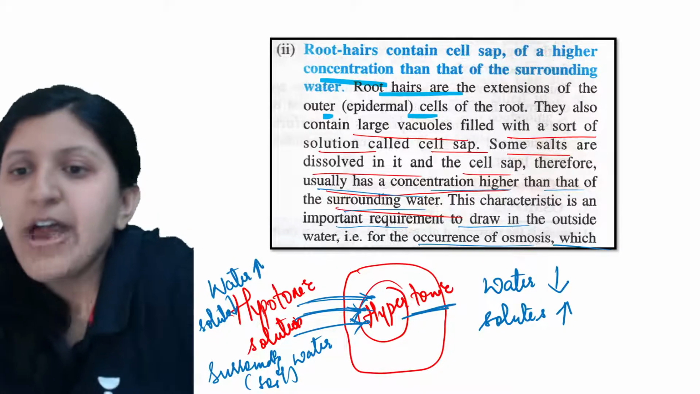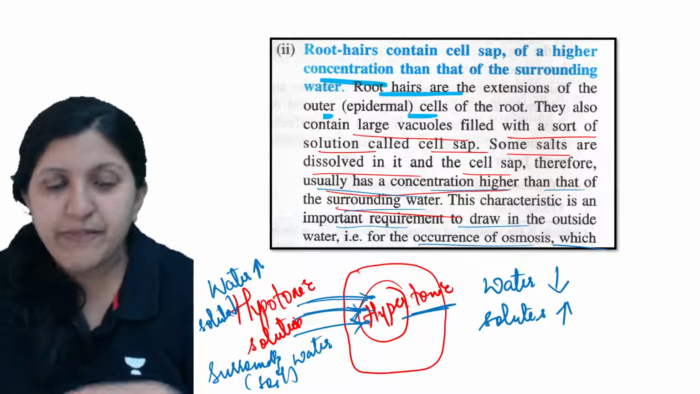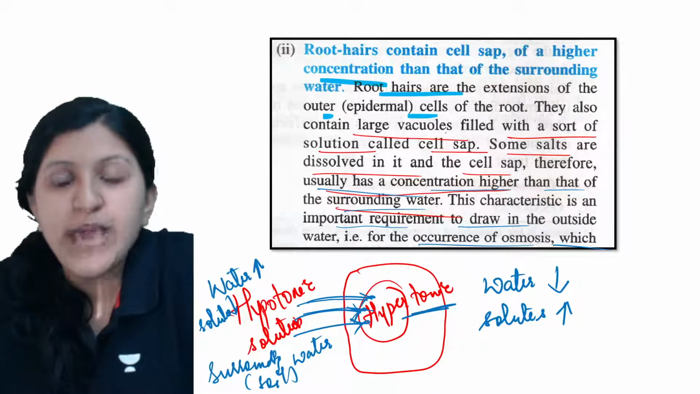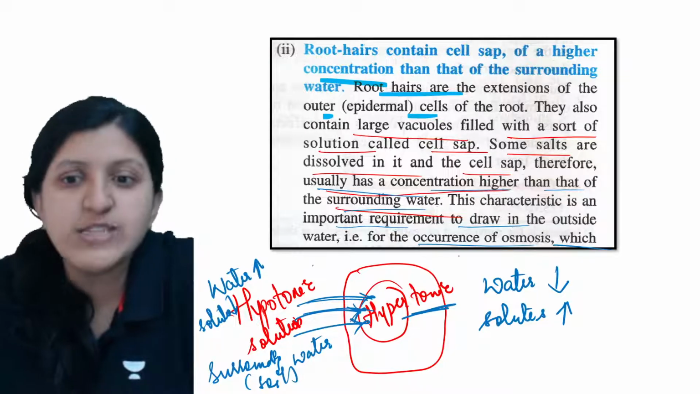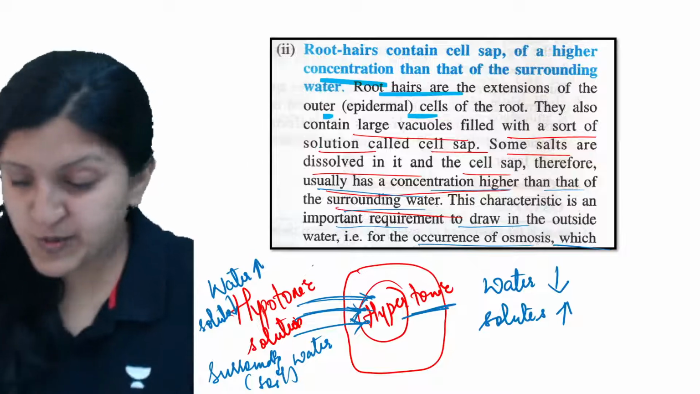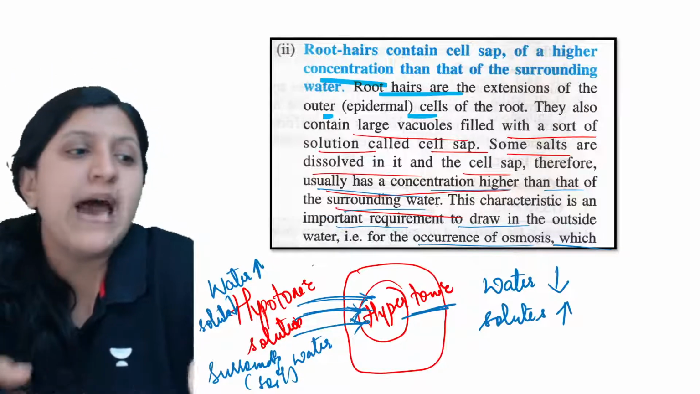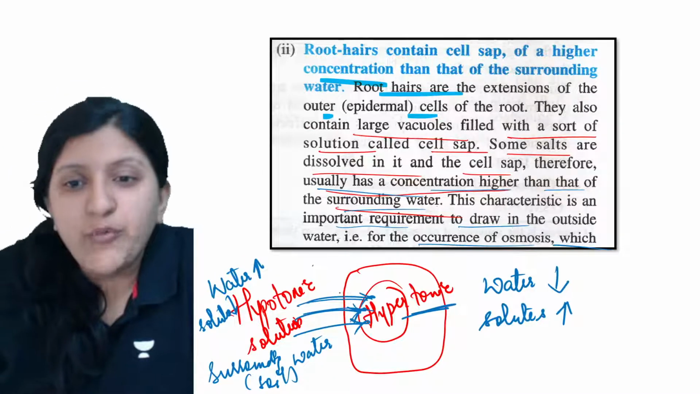All right. So now with respect to that, this characteristic is an important requirement. So why is it an important requirement? That is because you can see that the water is being drawn from a hypotonic solution to a hypertonic one. Yeah, so as the movement occurs from hypo to hypertonic condition, the water will start